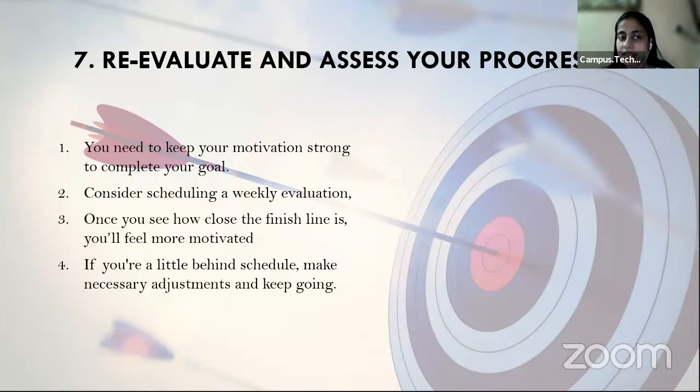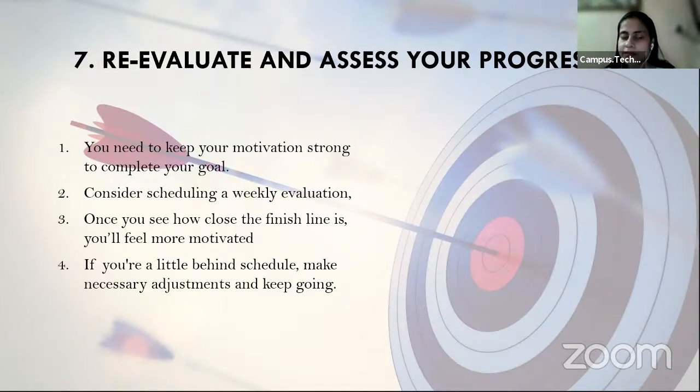So this was the last step in the process of goal setting. With this, we have completed all 7 steps in the process of goal setting. Here, what we have understood is that it is very important to be specific about what you want to achieve. A very good and time-bound plan of action should be there. You need to bring that into action and you need to evaluate it.